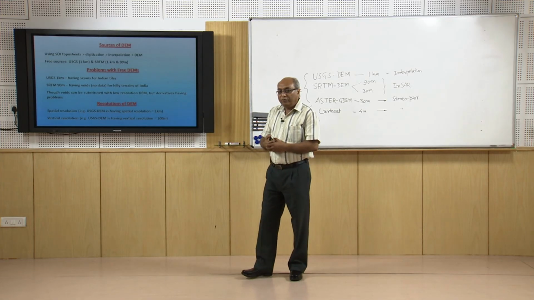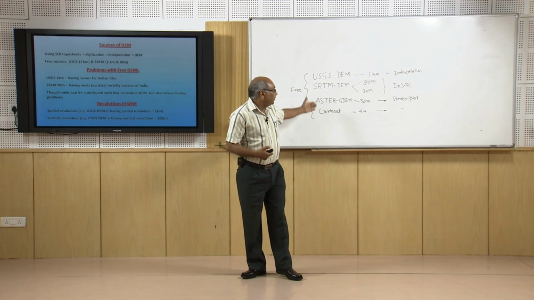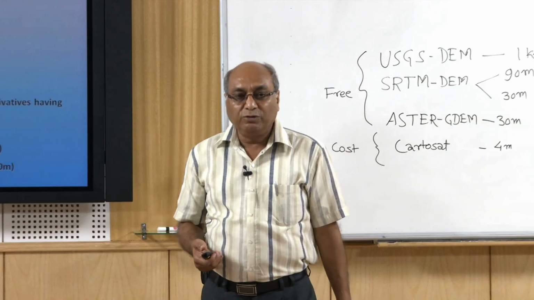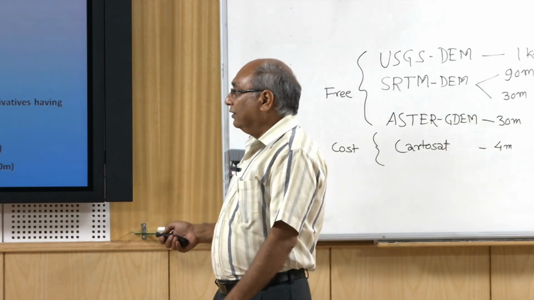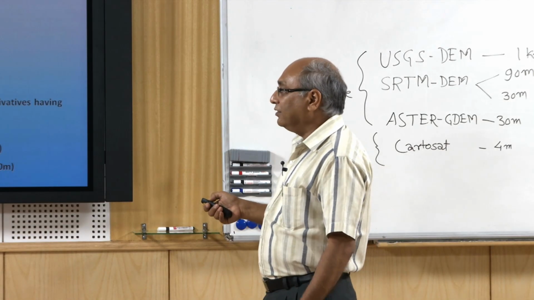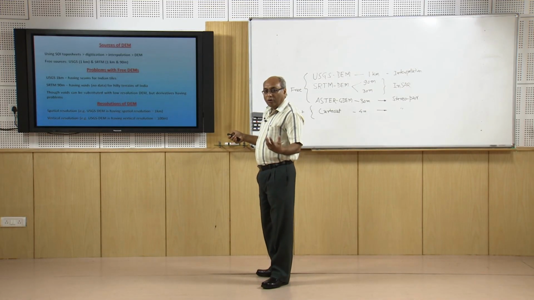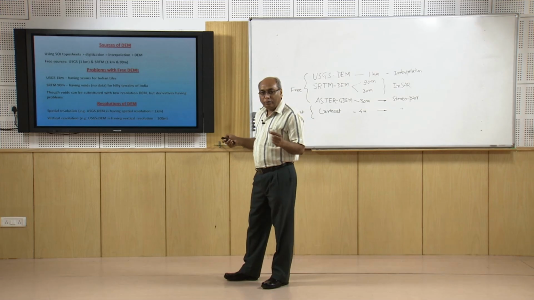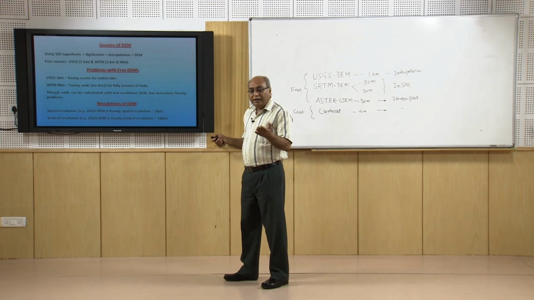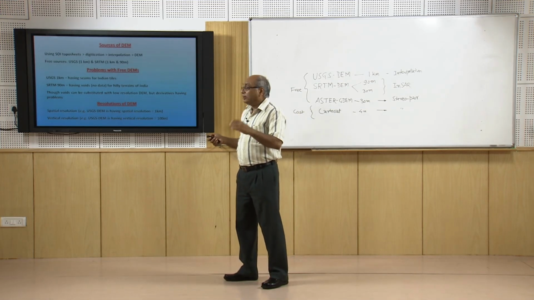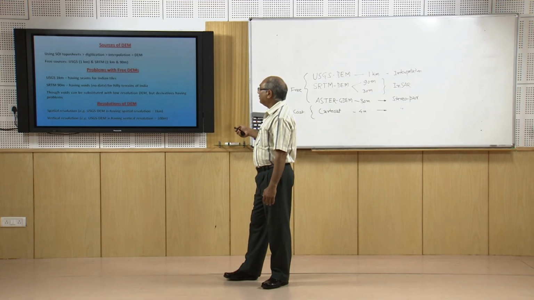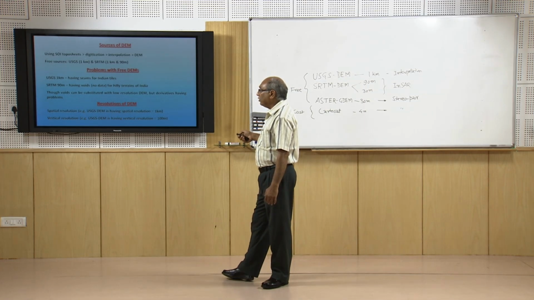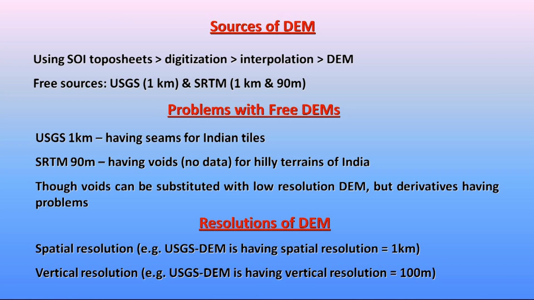Now sources of DEM, some of the freely available DEMs which I have already mentioned here: you can digitize data, or you can arrange digital topo sheets, take the contour lines, convert them to points, and using interpolation in GIS you can create the surface. Through interpolation you can create the DEM, or download the free DEMs of USGS DEM, SRTM 1 kilometer as well as 90 meter, and